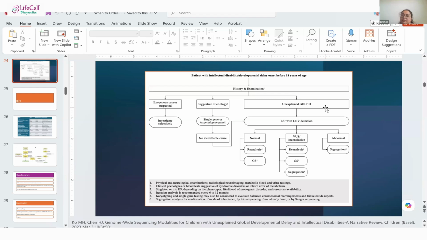Okay. So the next question is, for married couples, is whole exome better or are Sanger variants better? I think the question is about the carrier. If the index case is affected, you can go for Sanger sequencing, which is a better choice. So if you have a lot of other variants in the index case,